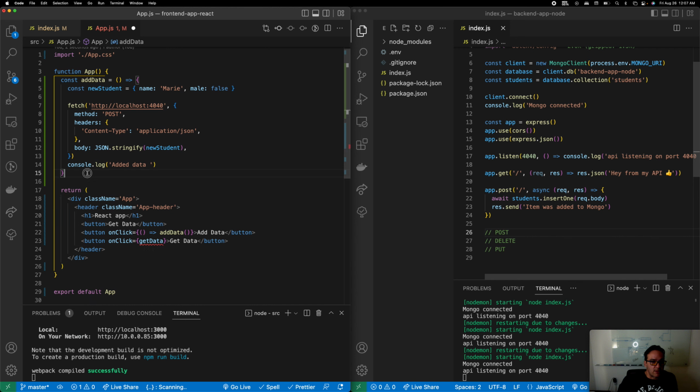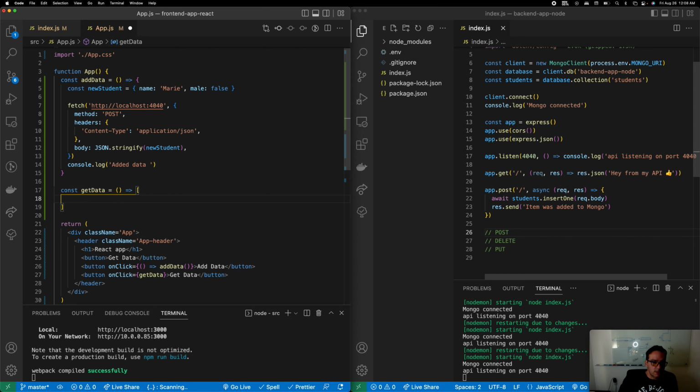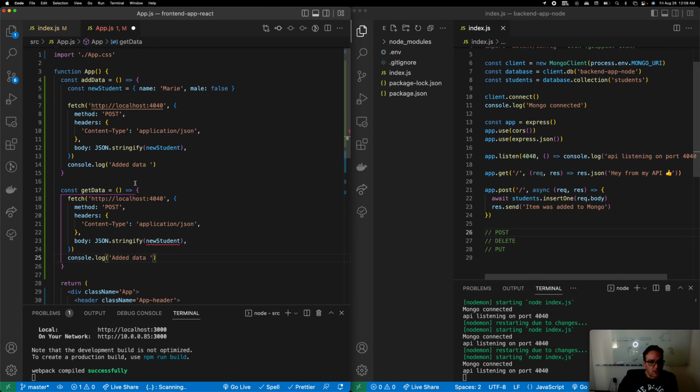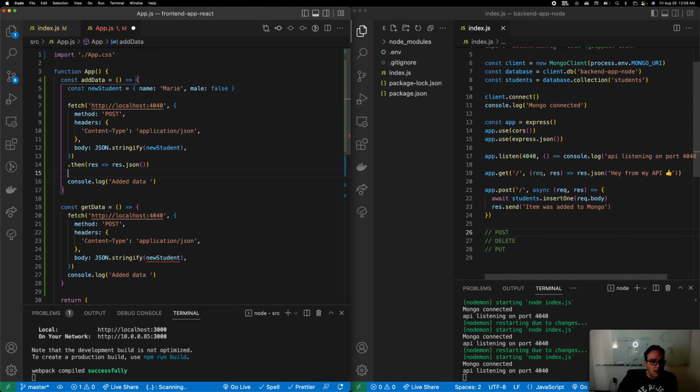So outside of this add data, we're gonna say const get data, and then in here we're going to put this, well, not like that one, with the curlies. Yep. And then in here we can essentially copy this entire fetch here. Now there's a couple of things that I missed on this fetch, and that is that it returns a promise, and we get a response, where that response we could convert to JSON, and then that JSON conversion also returns another promise, which gives us clean data,